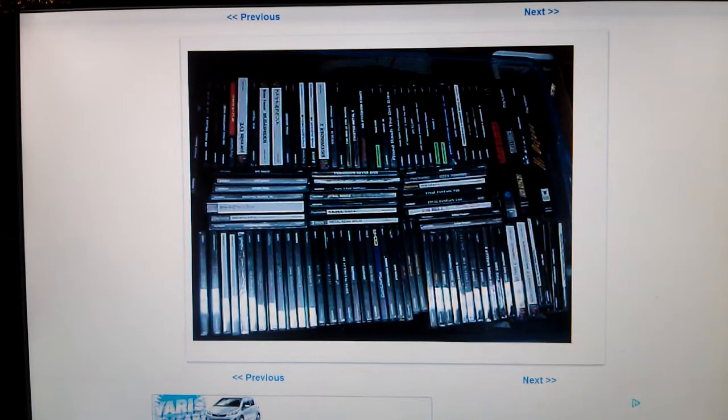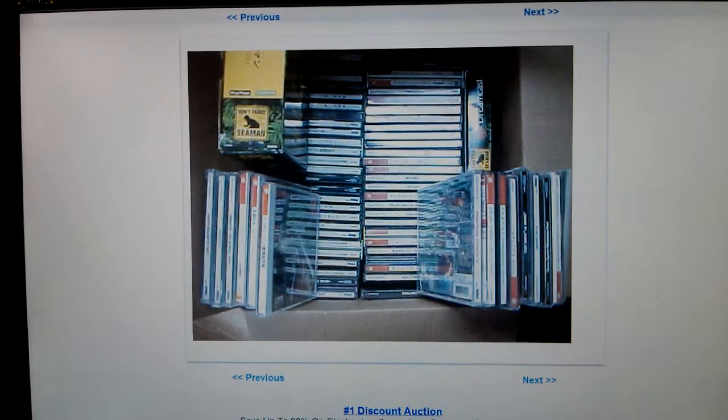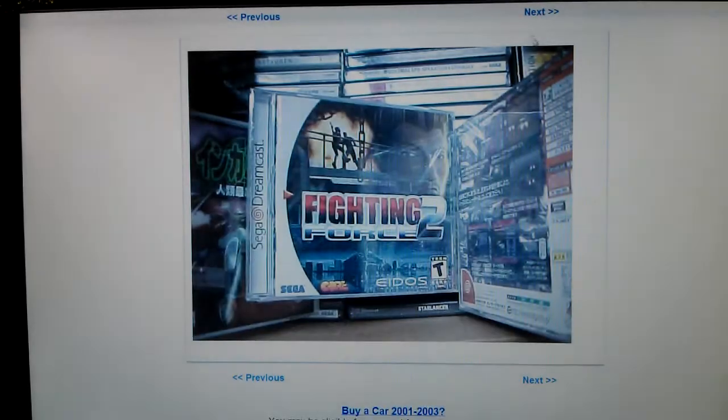see here. I think these are just music CDs. And yeah, this is kind of cool. Like tons of foreign Dreamcast games, like that whole box, and there's a Seaman box there. Probably has a microphone in there and everything for the game. I should have bid higher on these, but I was like, what am I gonna do with 60% Japanese games? I'm not gonna be able to play them myself. I'm not in the business just to resell. But